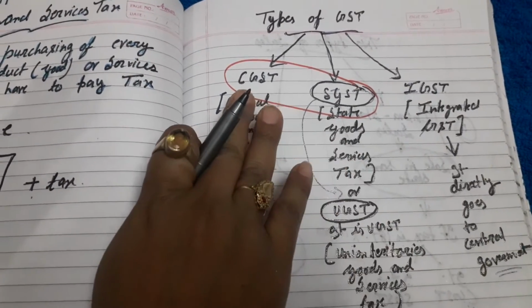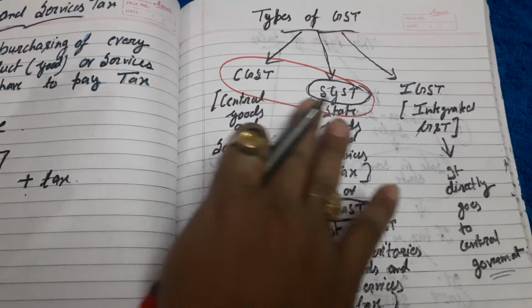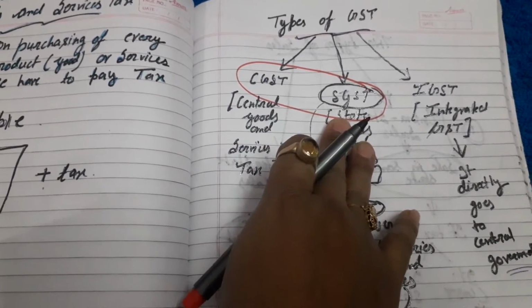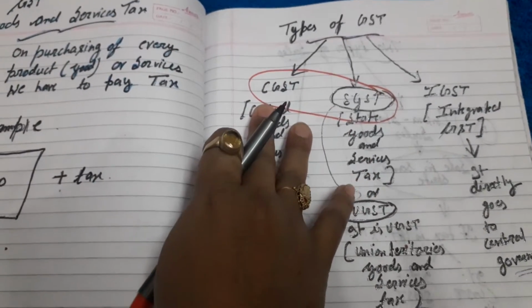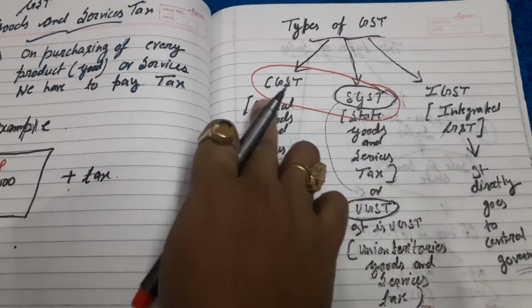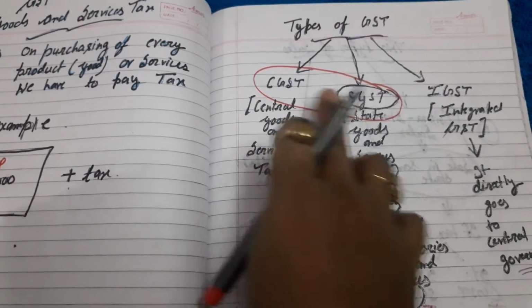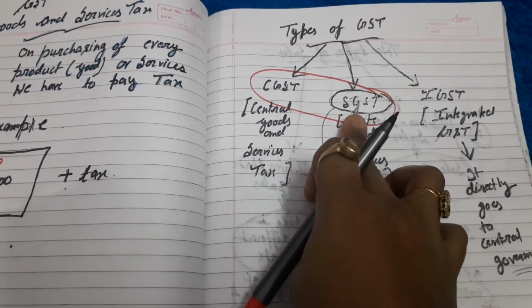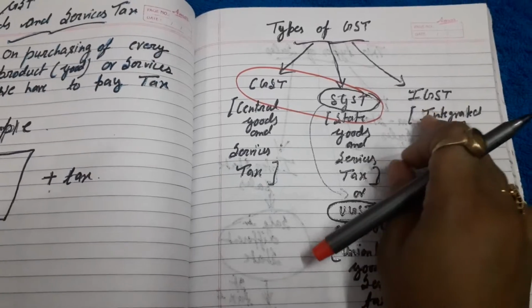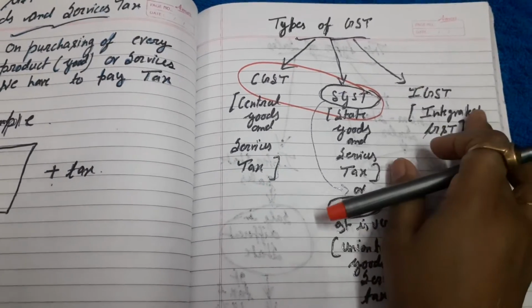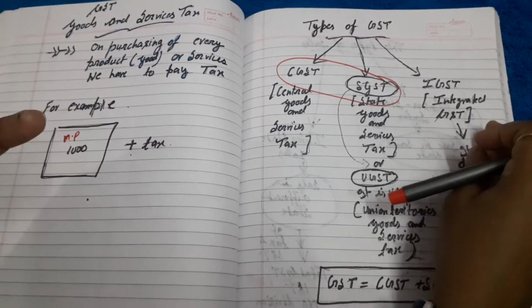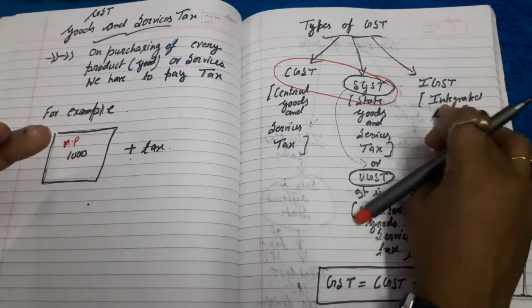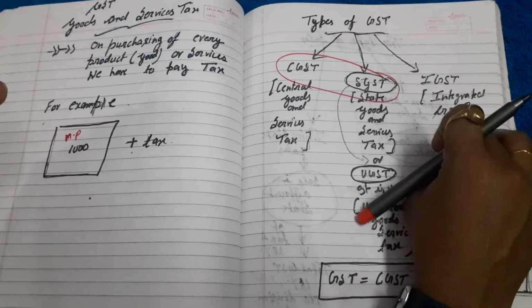You just think if the seller is from Delhi and the purchaser is also from Delhi, and we have to pay 18% tax, so 9% for CGST will be paid to the central government and 9% to the state government. But if the selling is from one state to another state, then the total 18% or 10%, whatever tax percentage there is, the total tax will go directly to the central government. That's why it is called IGST.